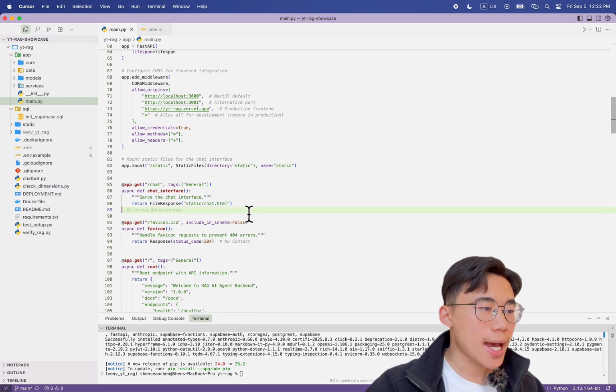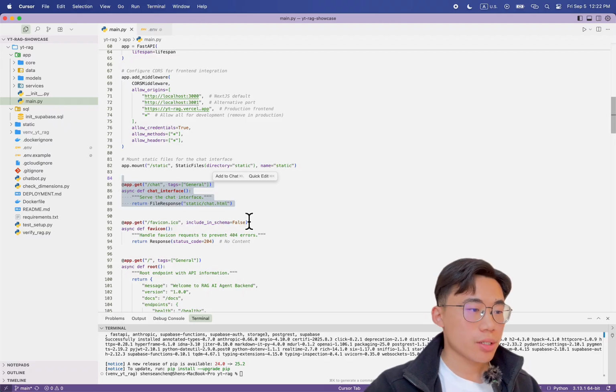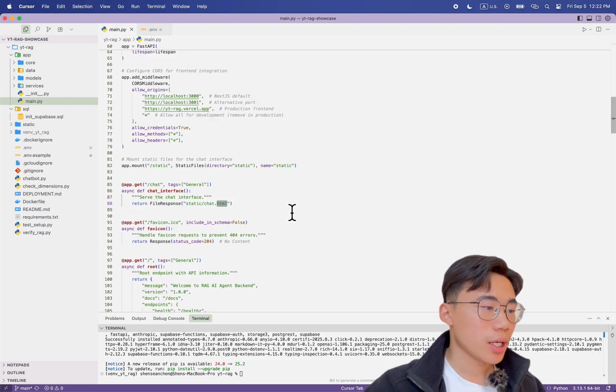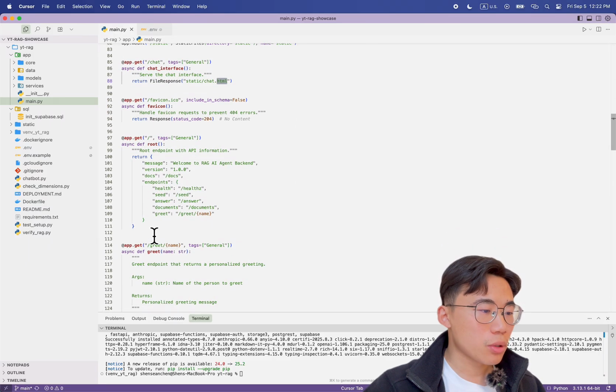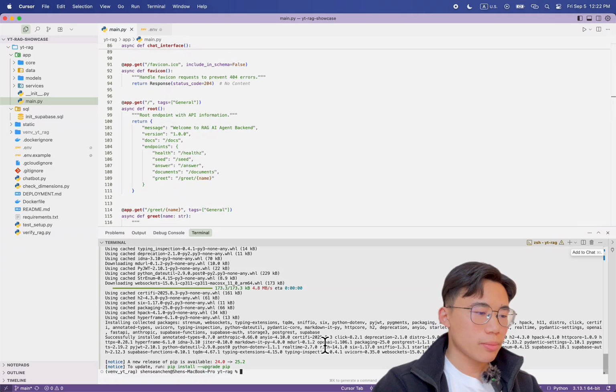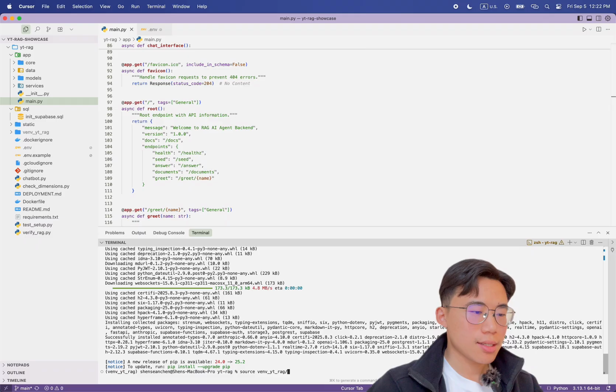And then we have a chat interface, which is in HTML. Here we're not using Next.js, we're just using a plain front end, okay? And then what's important is that we can just start trying things, okay? So what I'm going to do is, remember to do source vim yt_rag